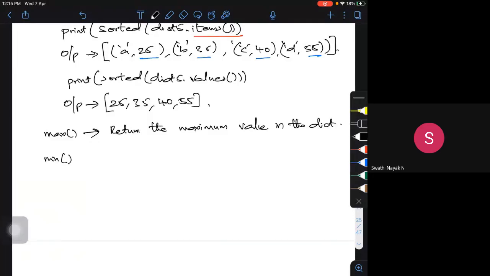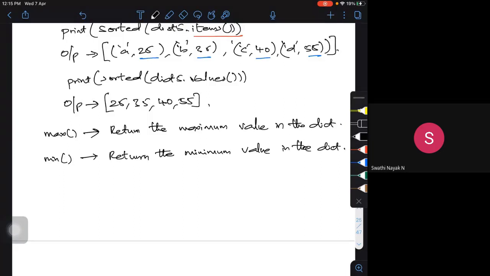If I use min, it's going to return the minimum value in the dictionary.